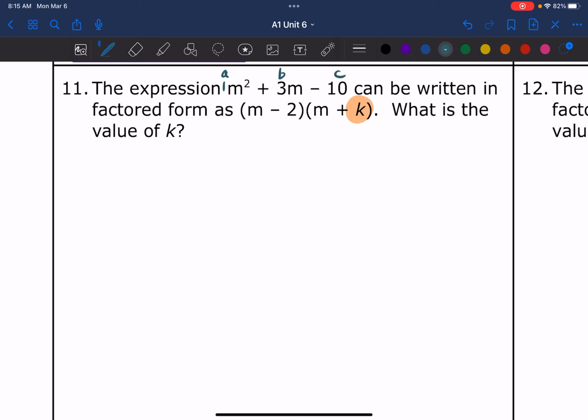So normally we would multiply ac. So in this case, we have 1 times negative 10. That's negative 10. And we need to figure out all the ways to multiply and get 10. So 1 times 10, 2 times 5. And I think that's it. But if I multiply positive numbers, I'm going to get a positive number. This is negative. So